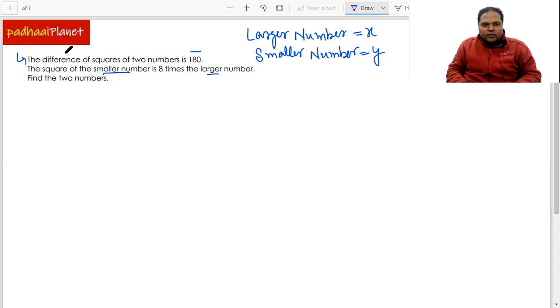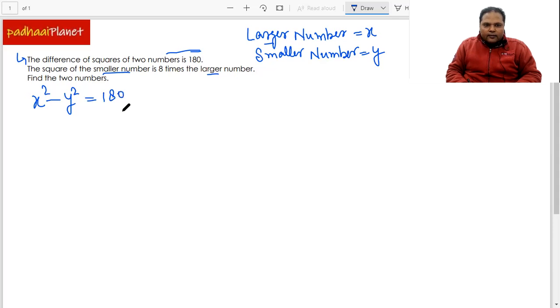The first one is the difference of the squares of the two numbers is 180. So the difference of the squares of these two numbers would be x square minus y square, because x is considered as the larger number, so that comes first, and x square minus y square is equal to